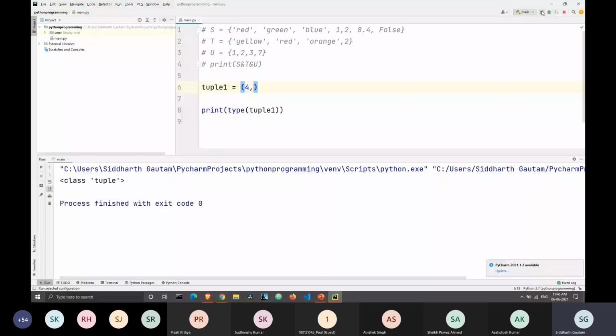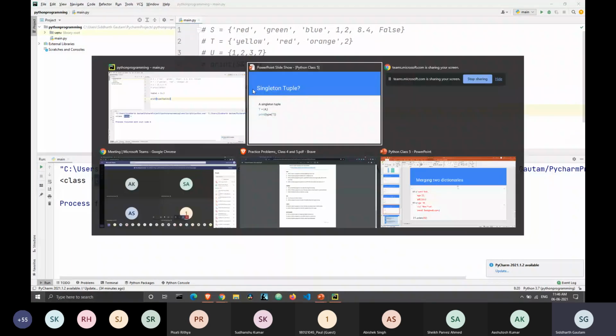Now Python knows that the tuple1 variable is a tuple and not an integer. So this is how you can declare a tuple with only one element. You type your element and then you enter a comma, but after the comma you don't need to enter anything.